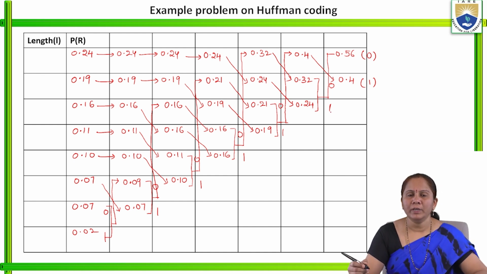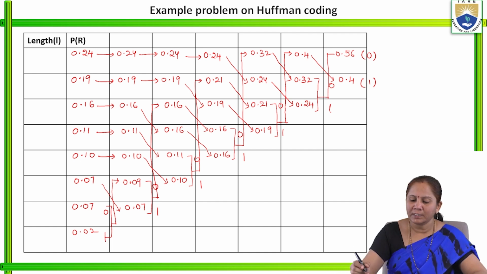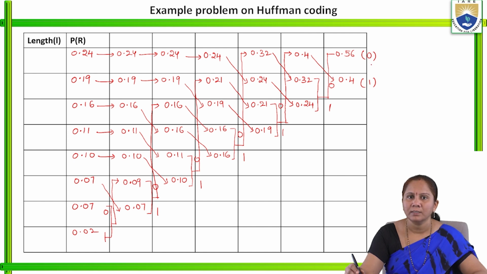Now we have to generate the symbol. So if we consider this is 0 and 1, this 0.56 is generated by adding these two, 0.32 and 0.24. So 0.56 code is 0. So we have to include 0 to these two values. Already 0 and 1 is there. To these symbols, 0 should be included towards left. So this is 0 and here it is 0. Now 0, 0 is the symbol.